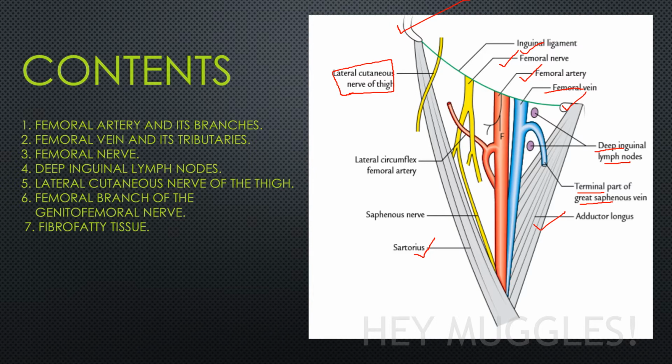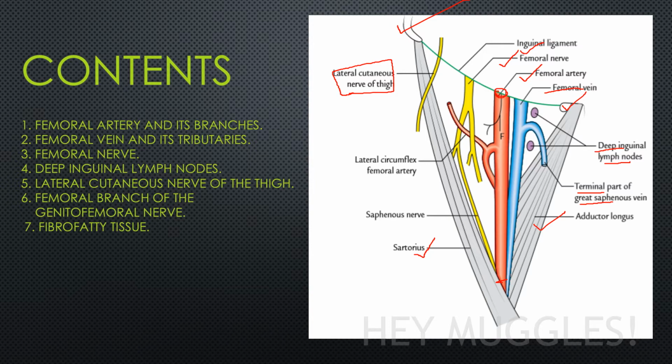Okay, now let's discuss the contents of the femoral triangle in little detail. So first is the femoral artery, right? The femoral artery transverses the femoral triangle from midpoint. This is the midpoint of the inguinal ligament and it is moving to the apex directly, you can see, right? It is transversing from the midpoint of the inguinal ligament to the apex, right? So femoral artery,